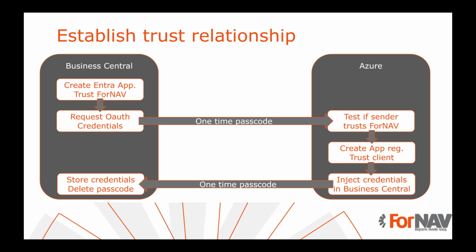Those are two separate calls, so they cannot be intercepted. And the calls are made directly to the standard Business Central endpoint, so they can't go anywhere else, which is, of course, why we need a separate manual solution for on-premise systems. Again, the one-time passcode is stored and used, so we cannot just inject credentials into any Business Central system. The Business Central system needs to trust our Azure tenant, and the one-time passcode is checked just to see if it's already in the system. This is how we establish a trust relationship, so we can actually authenticate all of the calls from Business Central to Azure and vice versa.